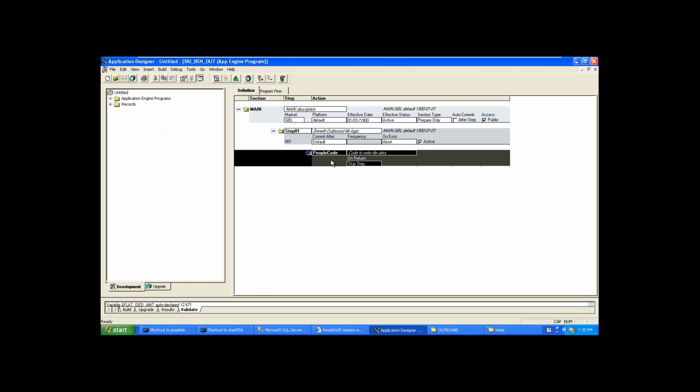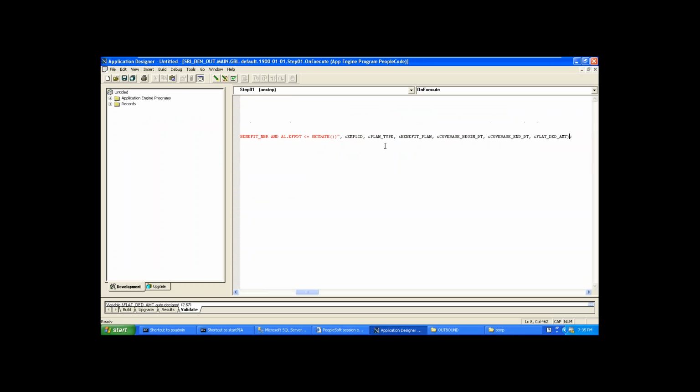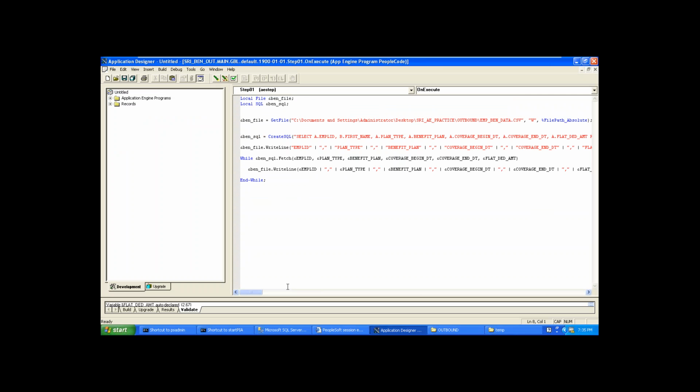Simple join here. I would like to add employee ID, comma, B dot first name. Otherwise, let's say B dot name.